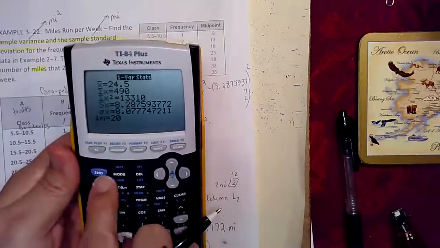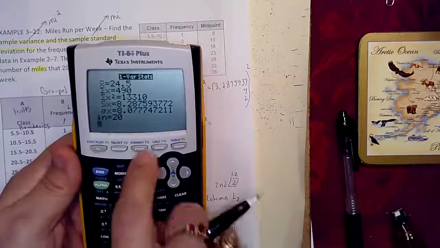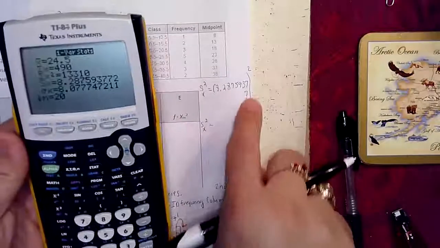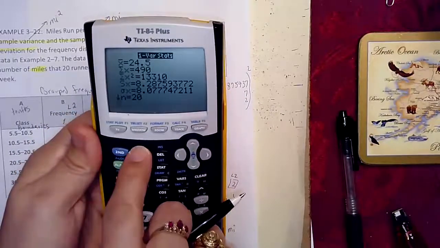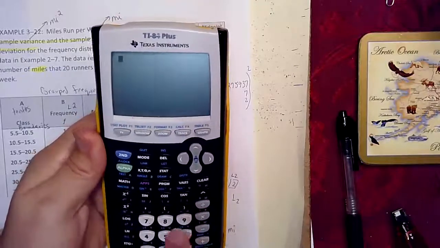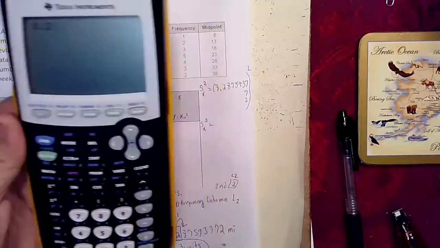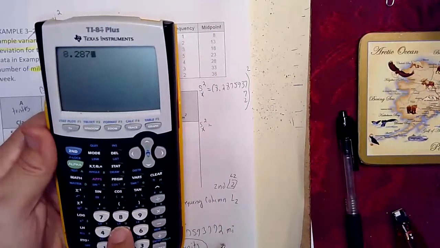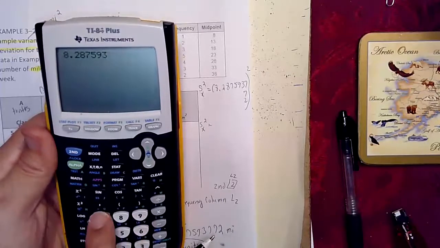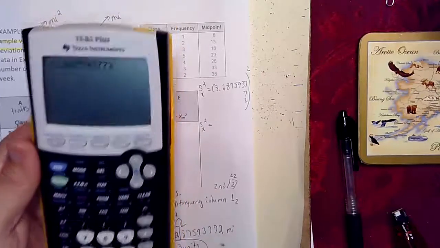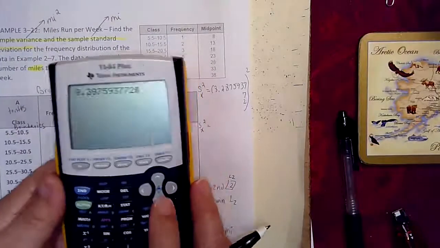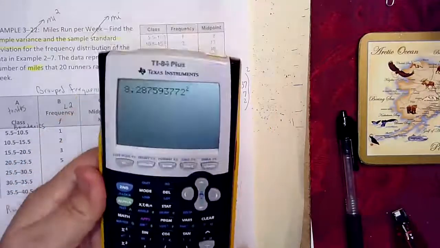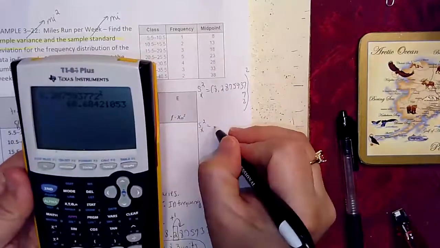Also, there's a second quit. If you ever needed to, you can just type the 8.2, your standard deviation, type all that in, or you can go to second mode. Second mode also clears that. It's 8.287593772. Okay, and I'm going to square that. So hit this here, hit enter. Okay, so that gives me